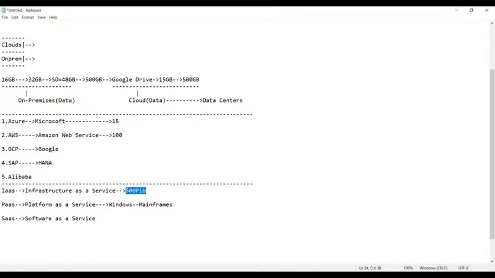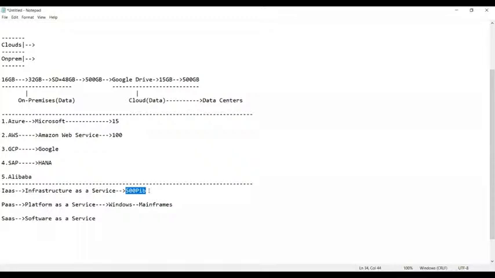So you will ask your cloud provider called Azure to provide this much storage in the cloud. It is the responsibility of the cloud provider to provide it for you. You need not worry. So now guys, you need not worry about the license, you need not worry about the storage. Everything will be taken care of by them. Simply, we require a laptop and connectivity to the internet. That's it. We can start working on it.